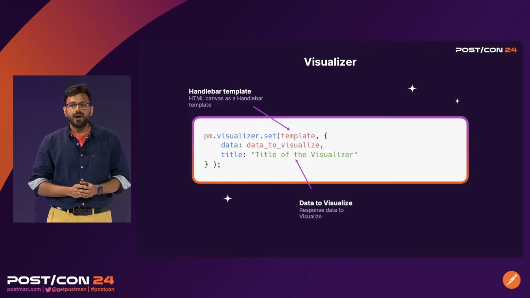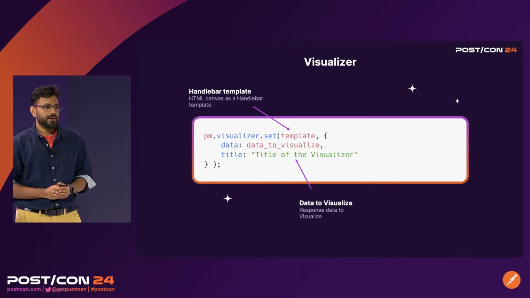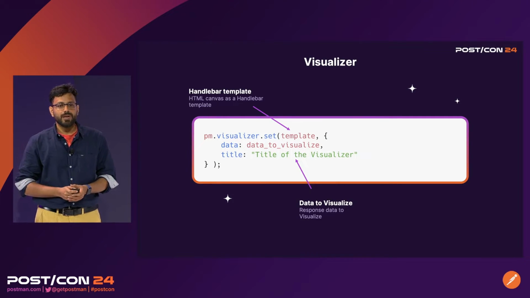So let's do one thing. Let's map this out with the visualizer. Visualizer is a function in the Postman sandbox. And the Postman sandbox functions are prefixed with a pm object. So you can set a visualizer with